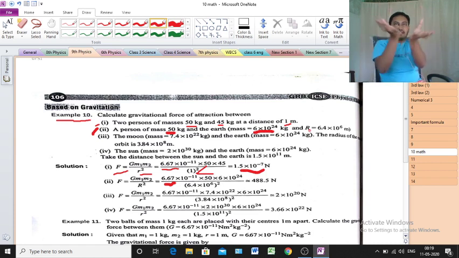Clear? Let's say the earth is round shape. Actually the shape is not round, it is spherical, but still here r equal to 6.4 into 10 to the power 6 meter, that is the given value. Clear? These will be given, no problem. So you don't need to think about whether you have to remember the value of r or the mass.